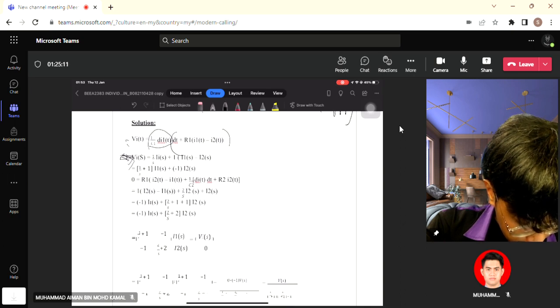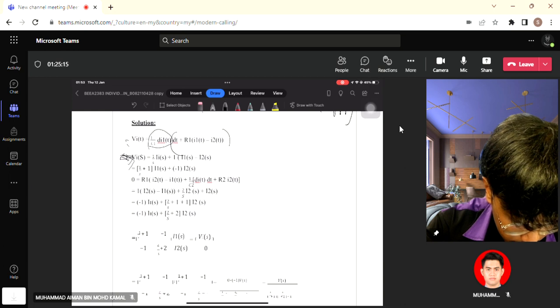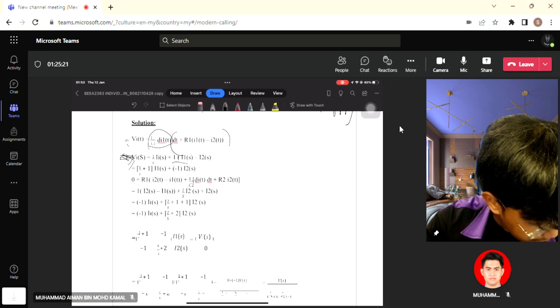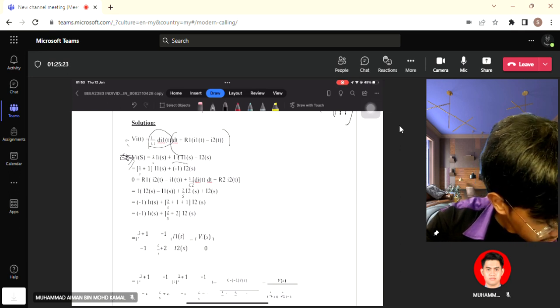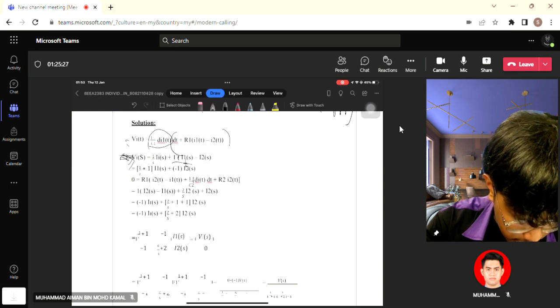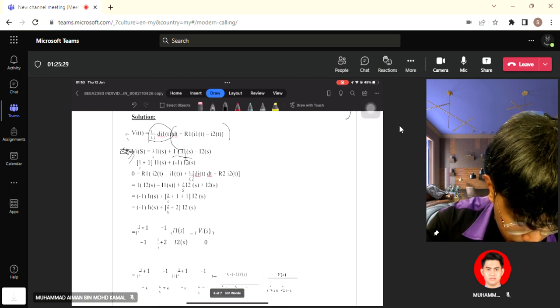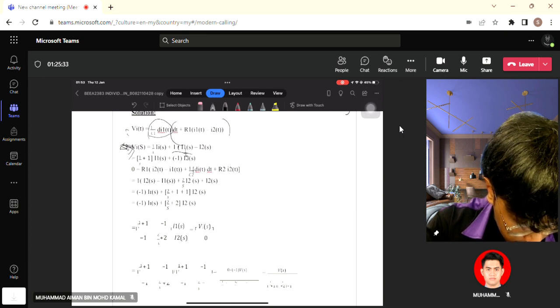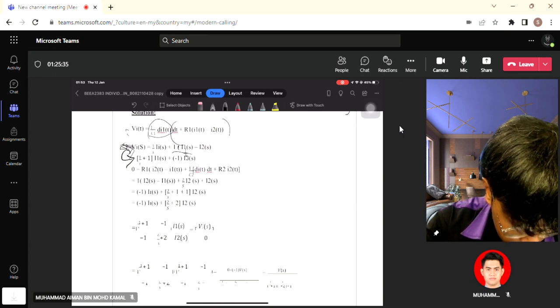Make sure Vi(s) = (1/(C1 s)) I1(s) + R1(I1(s) − I2(s)). Make sure we're using the mesh analysis formula, and after that, you can see right here,